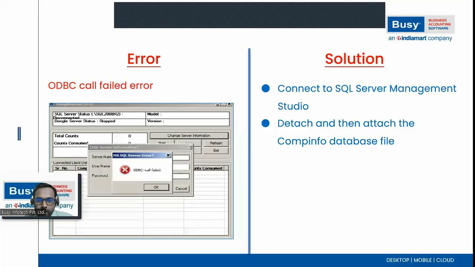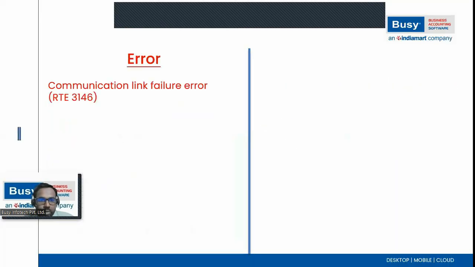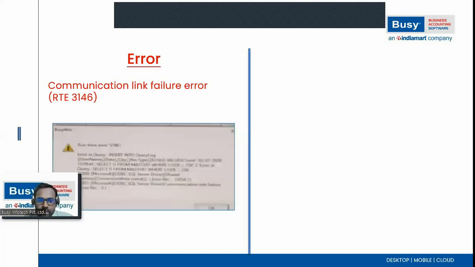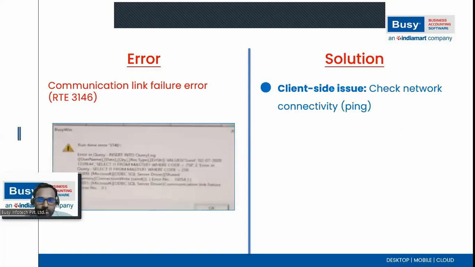The next error you might face is the communication link failure error, RTE 3146. The solution for this error is on the client side. Please check the network connectivity by using the ping command. I already showed you how to use the ping command. Please use the ping command from client to server and server to client, vice versa. If it is working fine and you are still facing the same problem,